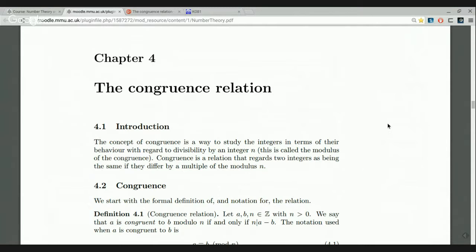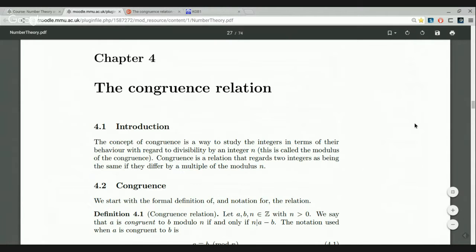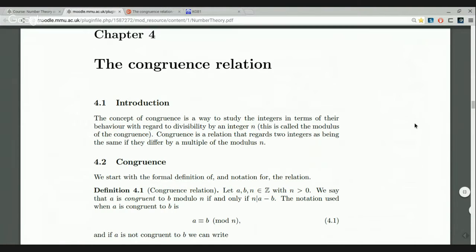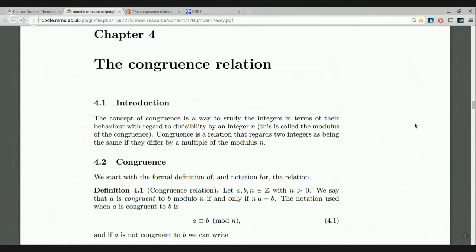cryptographic schemes of them. So what we're going to do is just formally introduce this concept now of congruence, and go through the definition very carefully and prove a lot of the properties that it has, and show how these properties come from the definition and the properties of divisibility that we've been looking at up to now. Okay. So